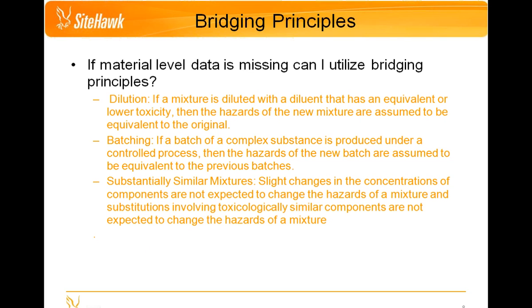So now, at this point, you've determined where material level data is lacking for certain classification points. So the next step is to collect data based upon bridging principles where applicable. So you'll see here on this slide, there's just a few examples of bridging principles that you can utilize. Dilution, for example, is an example of a bridging principle where when a mixture is diluted with a substance that has an equal or lower toxicity, then the hazards for the new mixture are assumed to be the same as the non-diluted material. You can also use batching principles or substantially similar mixtures as bridging principles to, again, estimate hazards